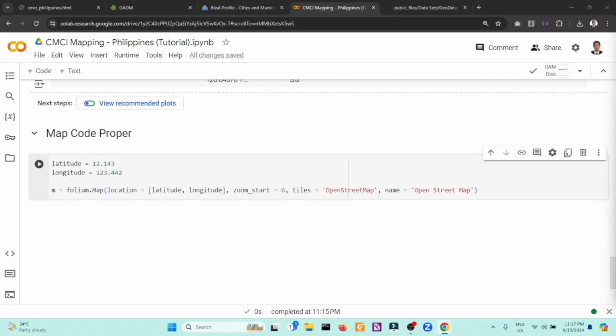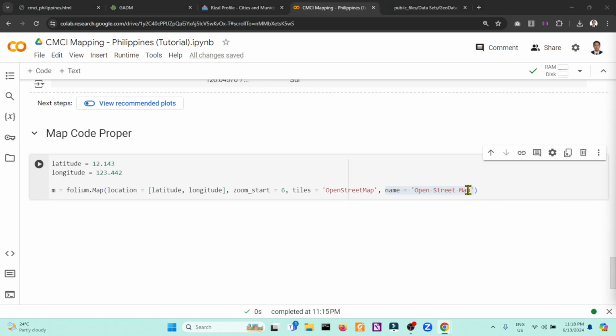OpenStreetMap is a free and editable map of the whole world that allows you to display the map with a particular style. In the case of the name here, this is an optional parameter only. It defines the tile layer.